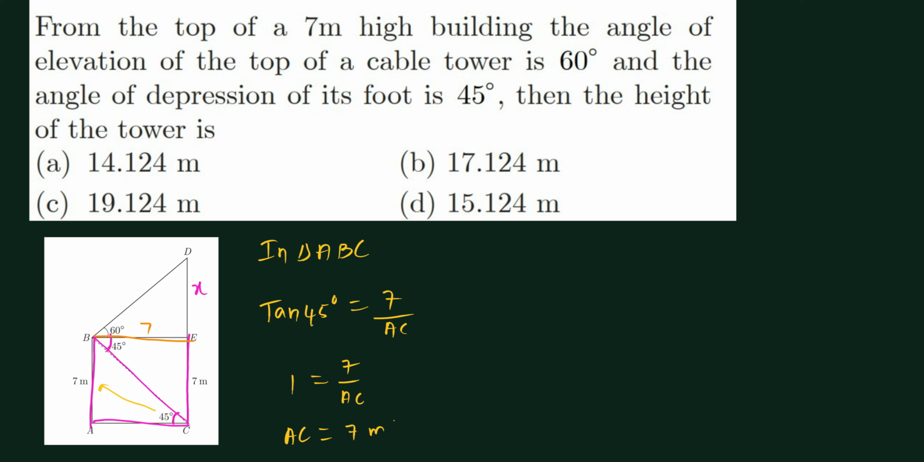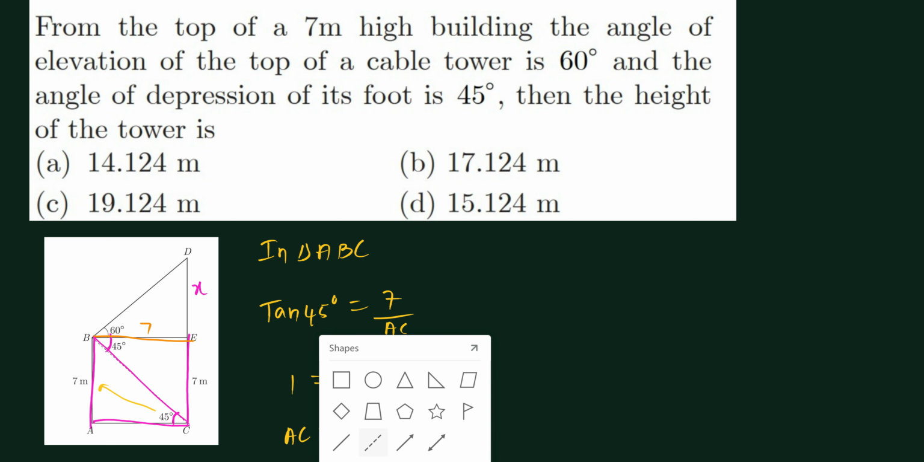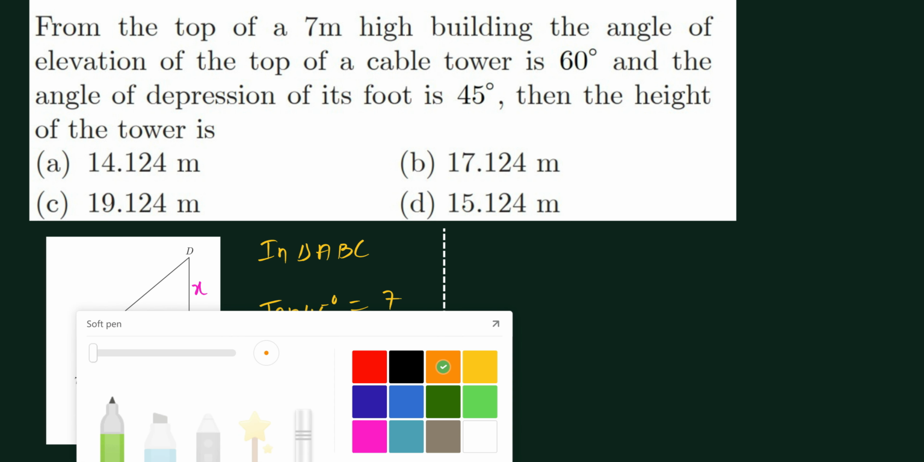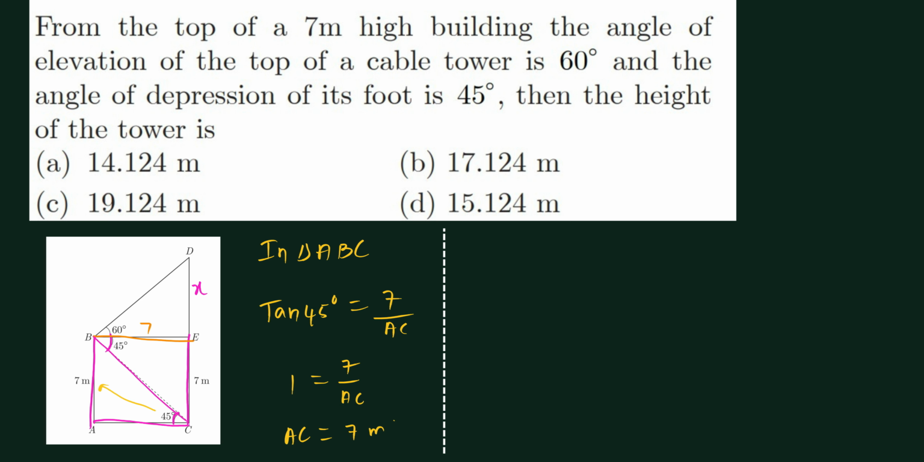So you take the triangle BD and you apply the trigonometry. You apply the sin 60, no, don't apply the sin 60. Apply the tan 60. Then you will get the x value. So I am writing here, in triangle BDE, tan 60 equal to